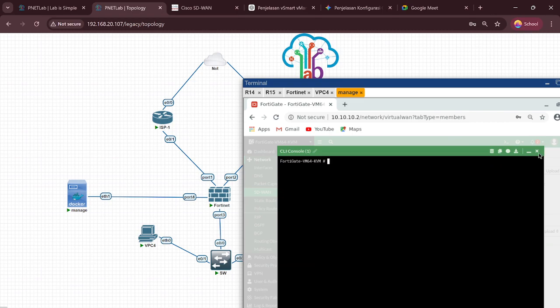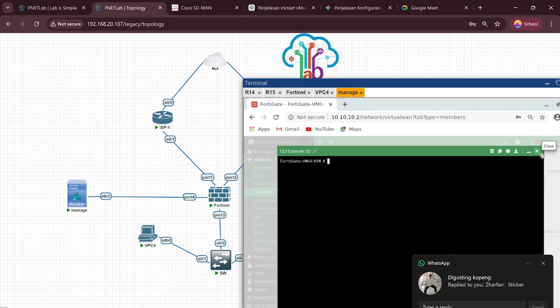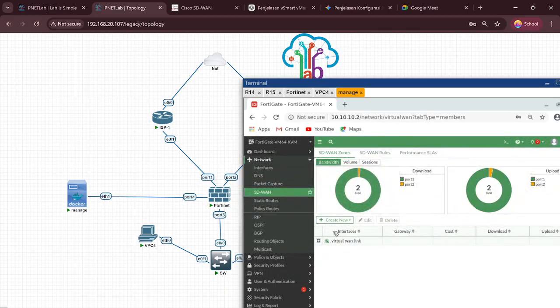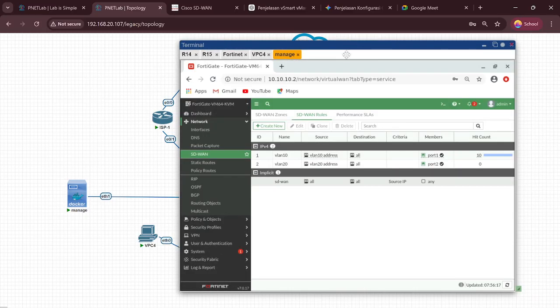Click enable, set status enable, and then click create new and choose the SD1 member, and then SD1 roles. Okay, create the roles PC1 and PC2, or VLAN 10 and VLAN 20.